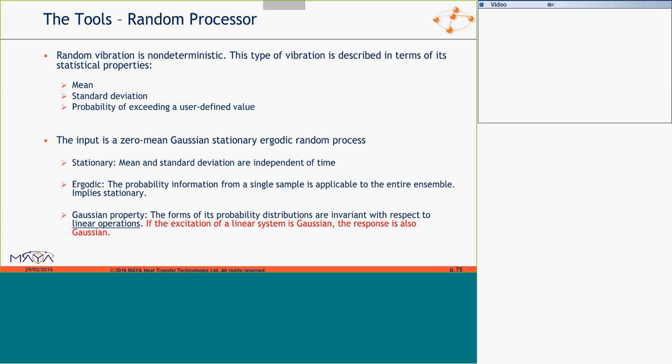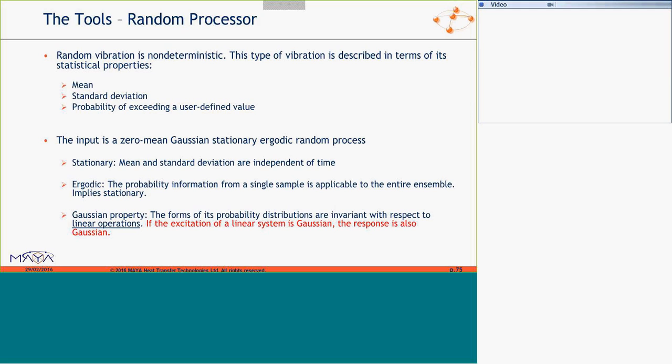And I guess that's why I've seen this question before in the user forum at Siemens: can I preload, or can I put a static offset for random? And the answer is no. All the theory assumes zero mean. If you offset the mean, then the basic theory that's used to evaluate the response is no good. I'm not sure what the results are, but I certainly wouldn't do that.